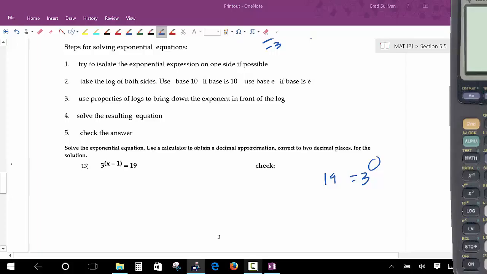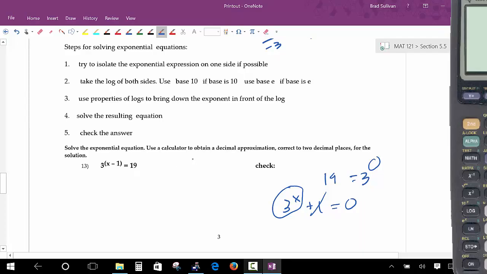So one of the things you want to do is you want whatever is being raised to a power to have nothing in front of it. There's nothing in front of the 3. You wouldn't want to have something like that. You would want to get this thing isolated by itself, and it already is isolated, so you're going to take the logarithm of both